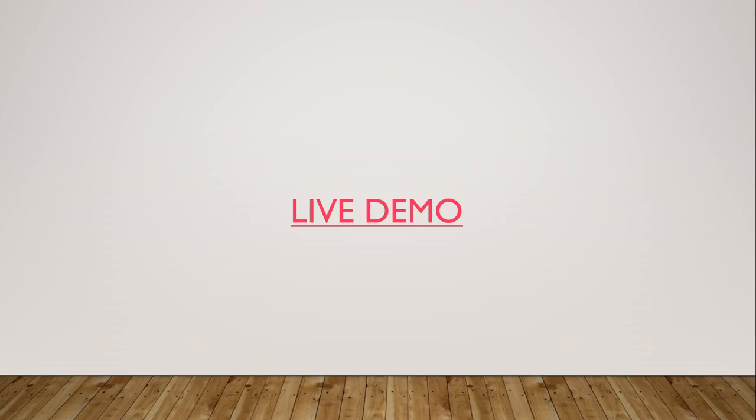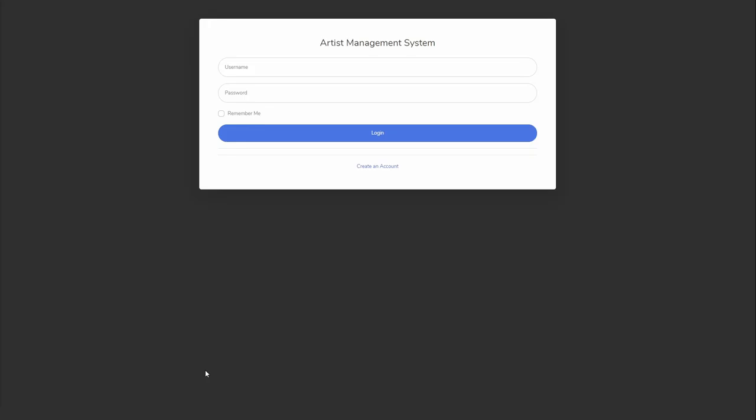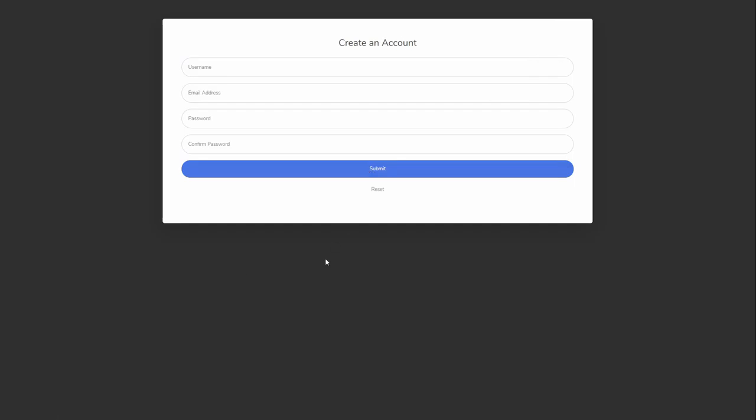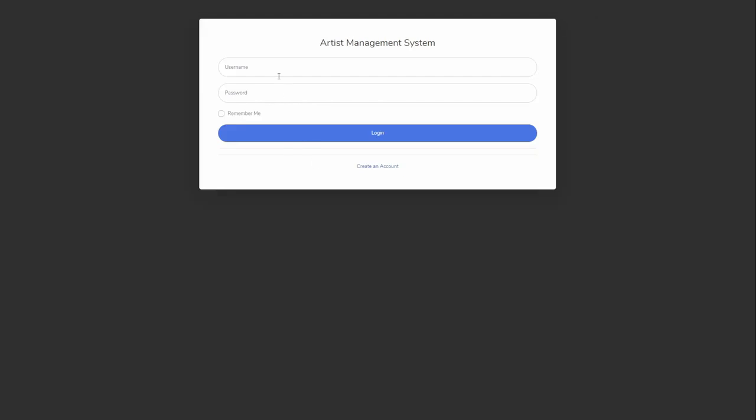So now we're going to demonstrate the app with a live demo. So this is the main homepage for the artist management system. This is where you log in and have the ability to create your own account as well. So if I log in here,